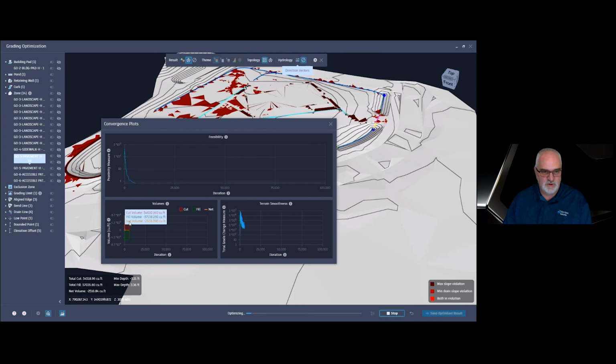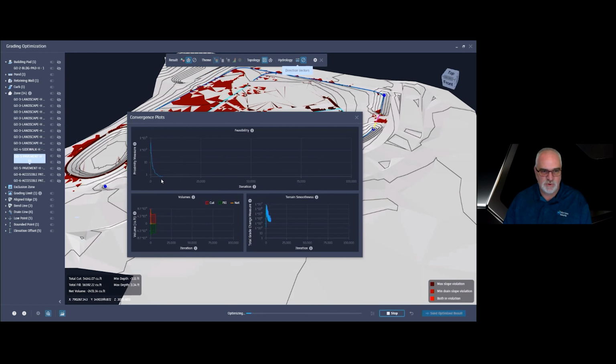And, you know, the cut and fill is looking pretty balanced. So you can see right now I'm looking at an excess of about 2,500 yards. So looking pretty good. Once you're pretty comfortable with it, I'd probably go a little further normally, or where this is flattened out quite a bit more, or for a little longer. But for the sake of time, we're going to go ahead and hit stop.